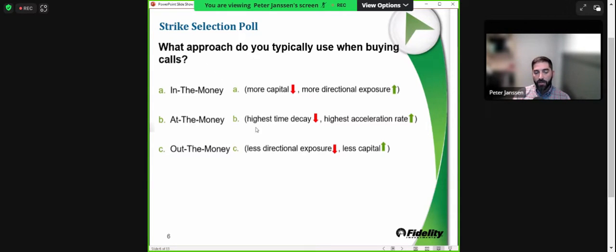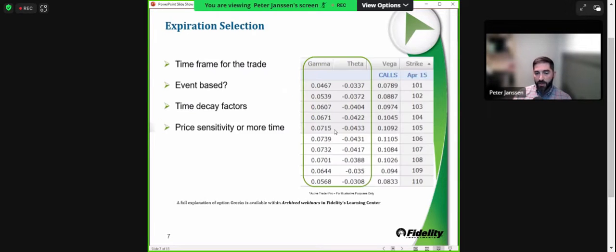They're going to have the highest amount of time decay. They're also going to have the highest acceleration rate. That's what we start to think about when we think about these kind of a second level, or I guess gamma derivatives there as well, showing if you've got delta exposure and then that increasing delta exposure, which I think in the profit loss calculator is probably the best way to try to iron that thought out. Here's a part of what we're talking about with the gamma.